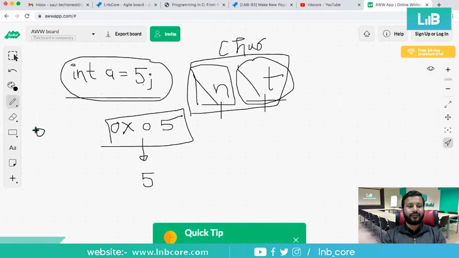Now suppose I have 0x0d, which means 13, right? A is 10, B is 11, C is 12, and D is 13. So the hexadecimal value is 0x0d, however the numeric decimal value is 13. So you can define your numeric constants in different ways also.